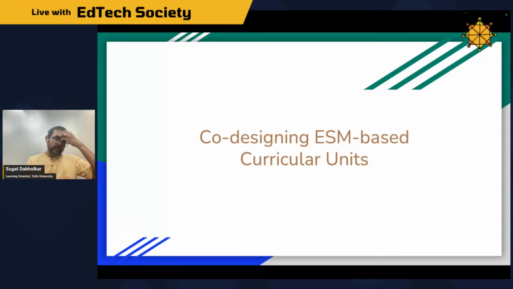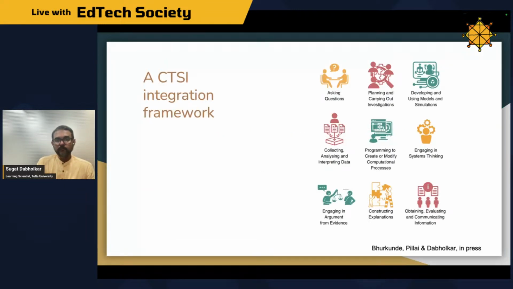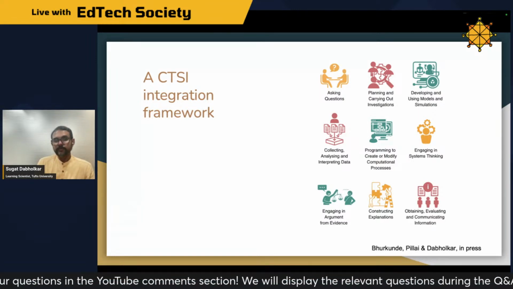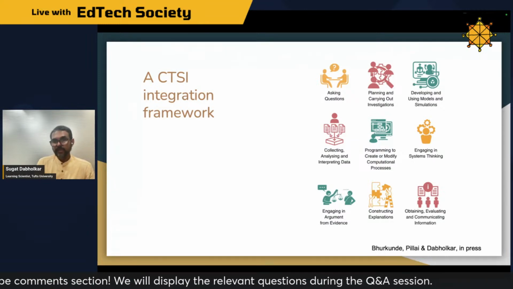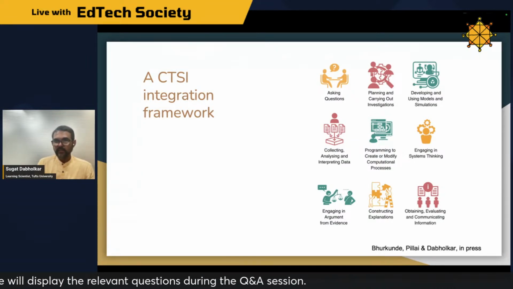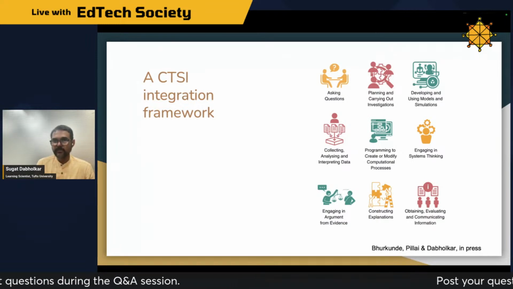So how can we have such units being used in various different schools, let's say in India? This question has been my design and research question: how can we have these models in various different settings? For that, we have come up with a framework which we call CTSI, computational thinking and scientific inquiry. That involves asking questions, planning and carrying out investigations, developing and using models and simulations,